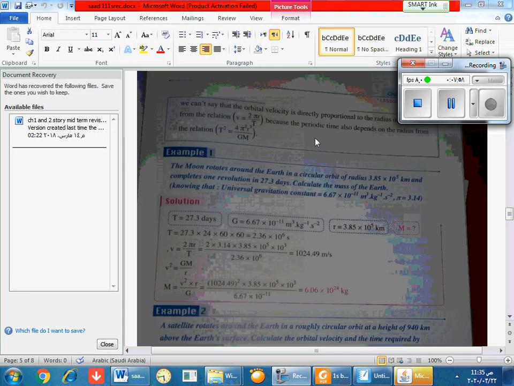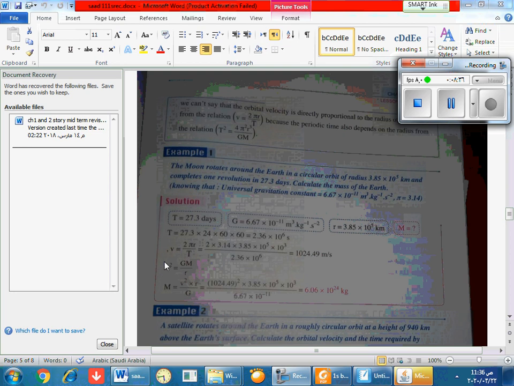And now we have the following example. The moon rotates around the Earth in a circular orbit of radius 3.85 times 10 power 5 kilometers, and completes one revolution in 27.3 days. Calculate the mass of the Earth, knowing that the universal gravitational constant equals 6.67 times 10 power negative 11, and pi equals 3.14. So if you want to measure the mass M, from the following relation, v square equals GM over r,